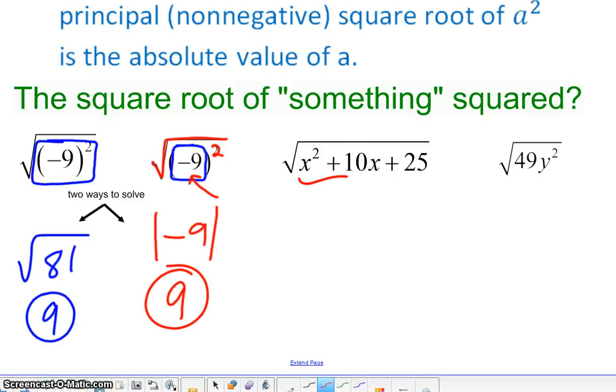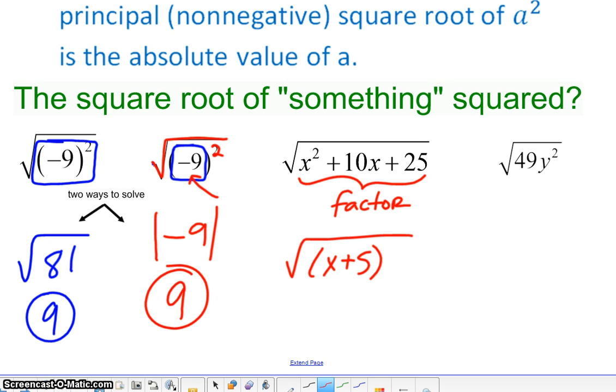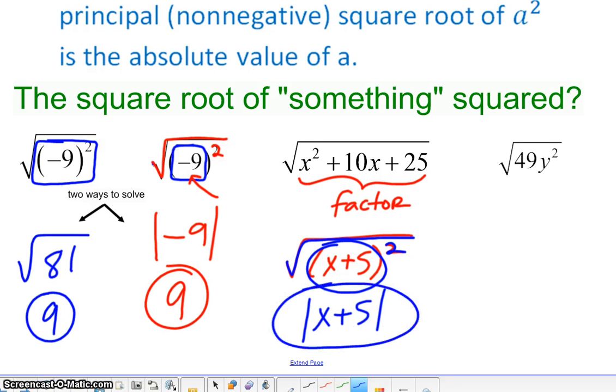This one, we're going to have to factor first, and you get x plus 5 squared. Now once again, we have a square root of something squared, so that means anything on the inside has to be the absolute value of it. And that is where we're going to have to stop, because we do not know what the value of x is. So that is your final answer, absolute value of x plus 5. And then the next one,